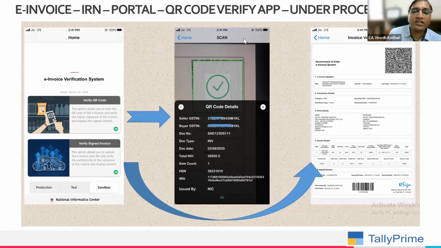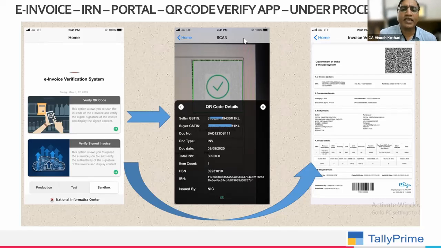Is it required to generate both e-invoice and e-way bill? Yes. If an e-way bill is applicable, you have to generate it. Now, it is not mandatory that both have to be generated at the same time. I may generate the e-invoice now, but I may generate the e-way bill tomorrow, or 2-3 days after, giving the reference of this e-invoice. That is possible, right? So if an e-way bill is applicable, yes, you have to generate it. If you want to generate at the same time, yes, you can. If you want to generate at a different time, that is also possible.